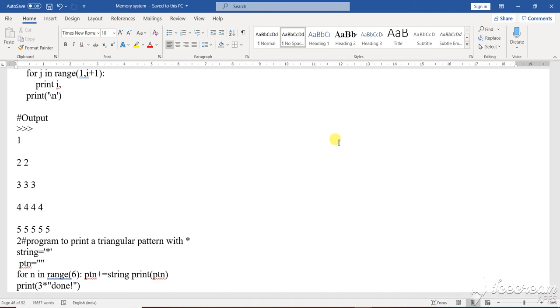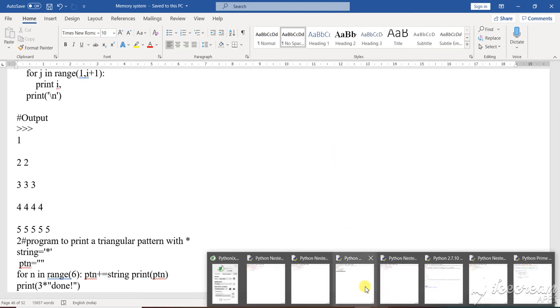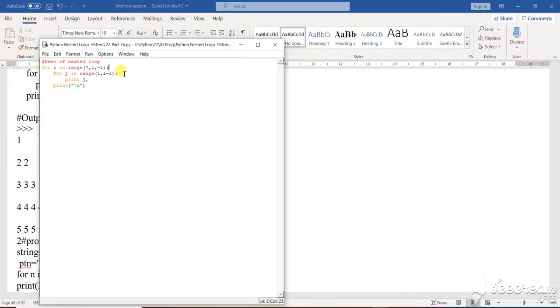Students, I'm going to show the different types of patterns in the programming section of Python. Now today I'm going to show you another particular pattern in this section. See here,